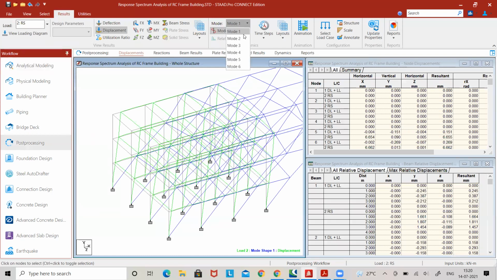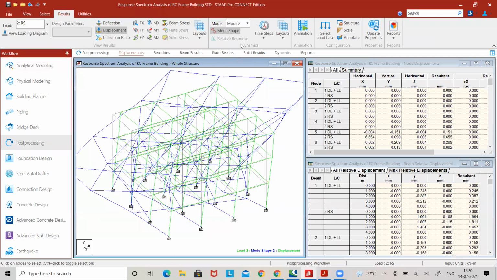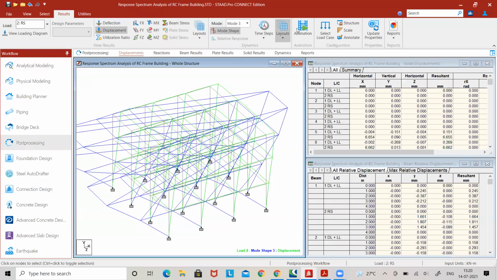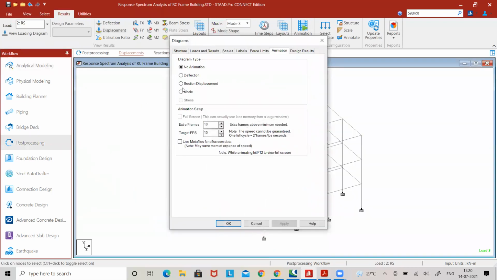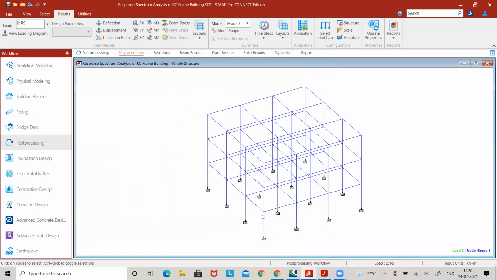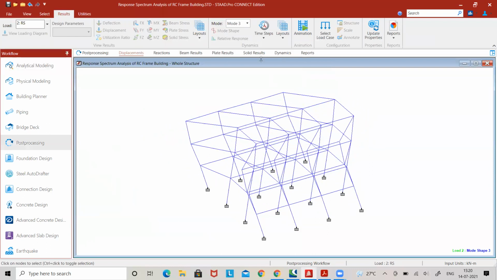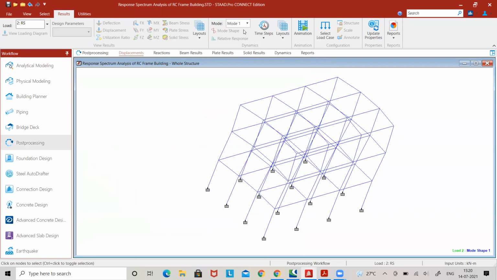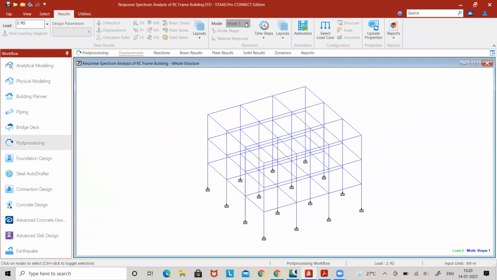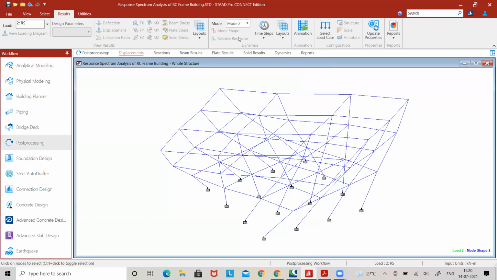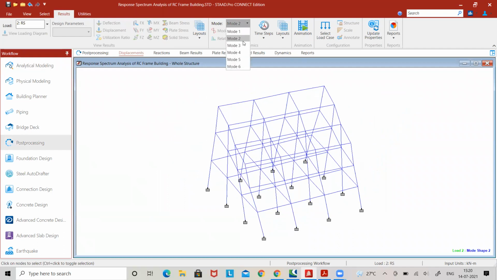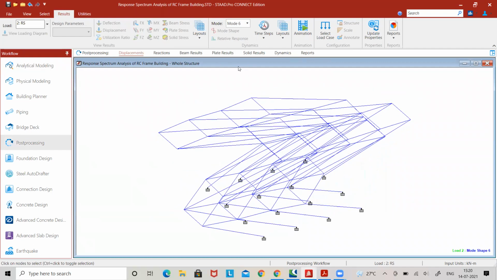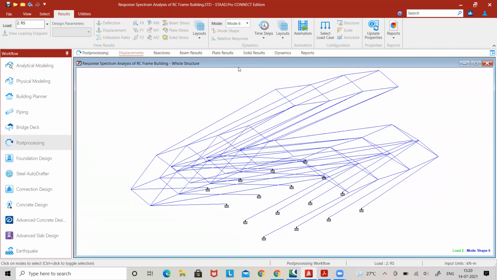Mode 1, mode 2, mode 3, depending on that. You can go to animation also. You can see the mode shapes, apply. Okay. See, it is for mode number 3. If you want, you can select mode number 1. Then mode number 2. Likewise, you can see the deflected shape and mode shapes also.